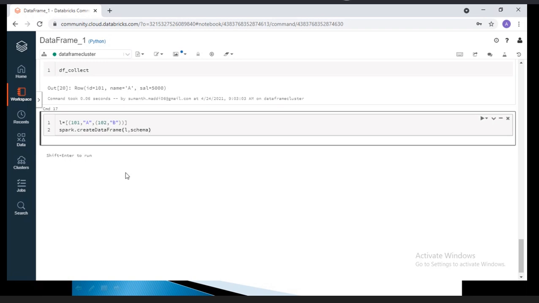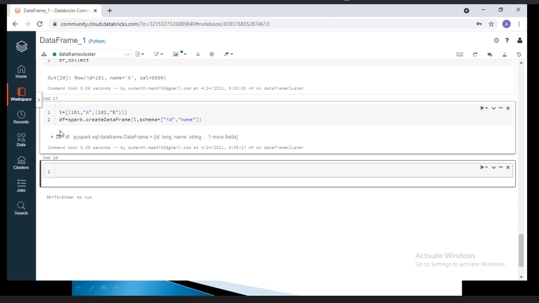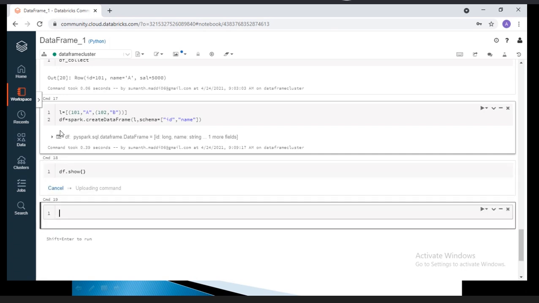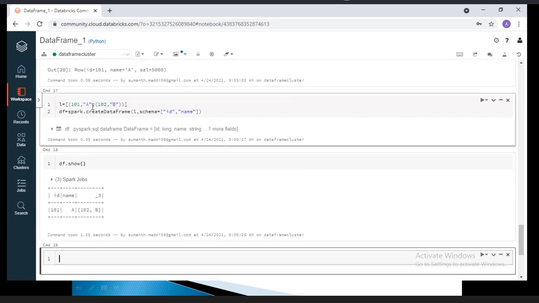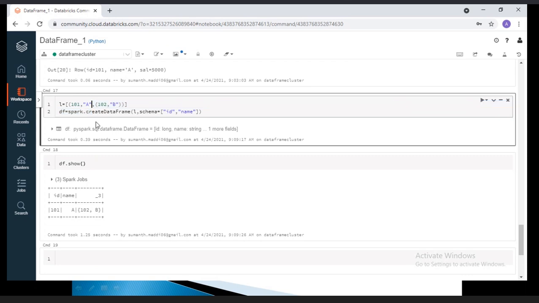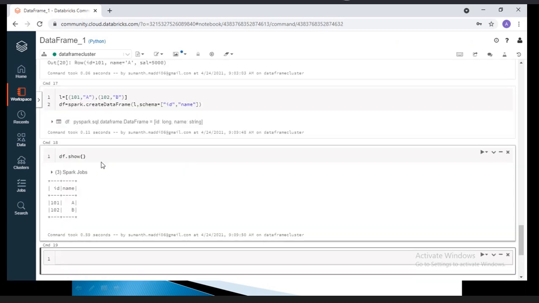Then df.show. ID, name, A1 or 2B, 101. So this is also one of the methodologies to create your data frame.